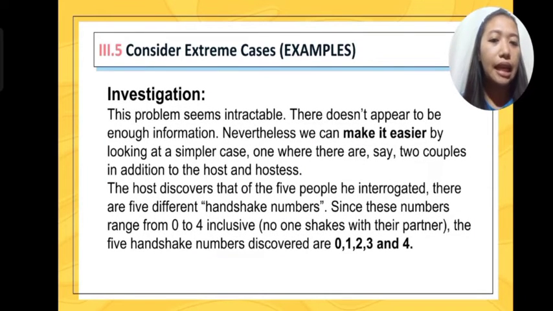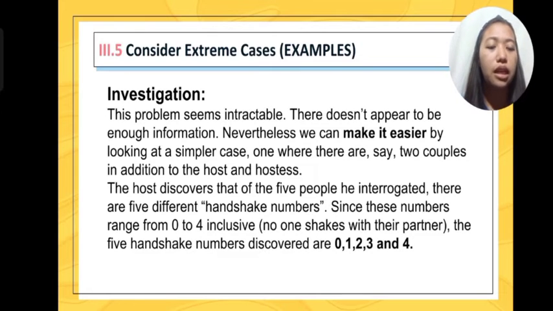Kung titingnan natin, this problem seems intractable or very hard to deal with. Kasi walang enough information na ibinigay para ma-solve yung ating given problem. Nevertheless, we can make it easier by looking at a simpler case where there are, say, 2 couples in addition to